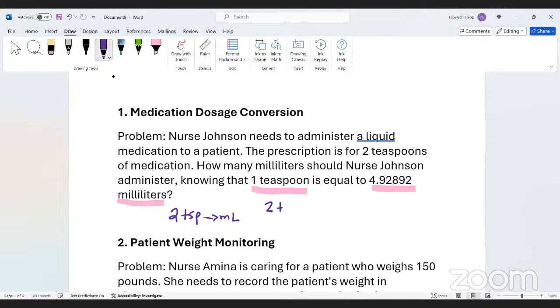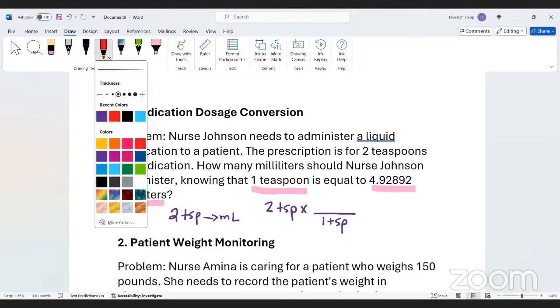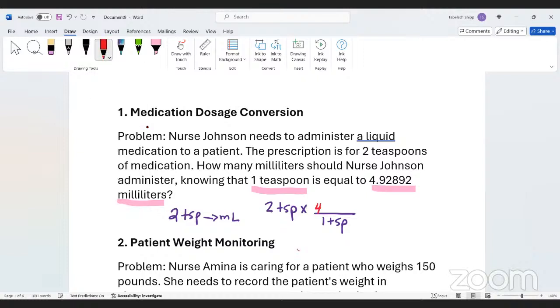Well, you're going to take your 2 teaspoons, and you're going to say, all right, 1 teaspoon on the very bottom is equal to that number that they gave you, which is the 4.92892. All you need to do also is cancel out your teaspoons because they're the same on the top and the bottom. So now all you have to do is multiply 2 times